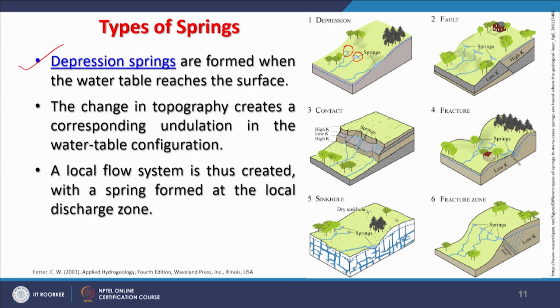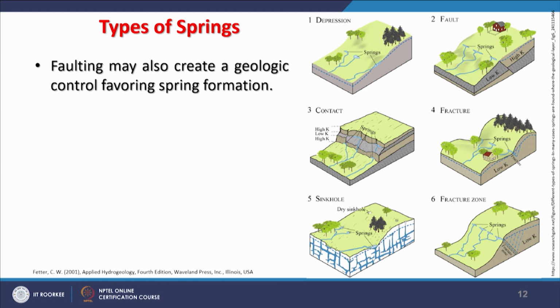A local flow system is thus created with a spring formed at the local discharge zone. The second type may be where there might be some geologic fault. So, faulting may create a geologic control favoring spring formations. Sometimes when we are looking at faults in geological field work, and if we find springs, that